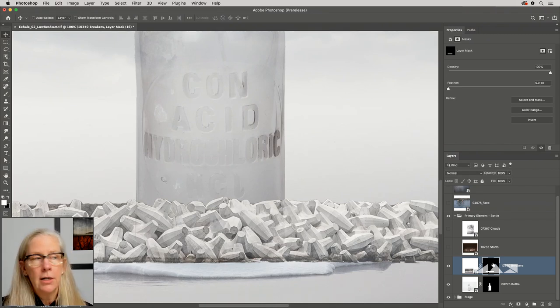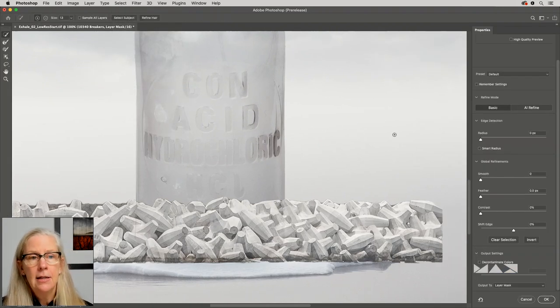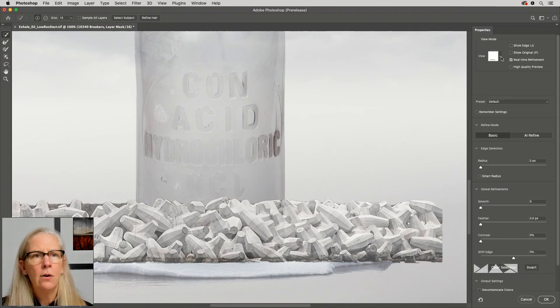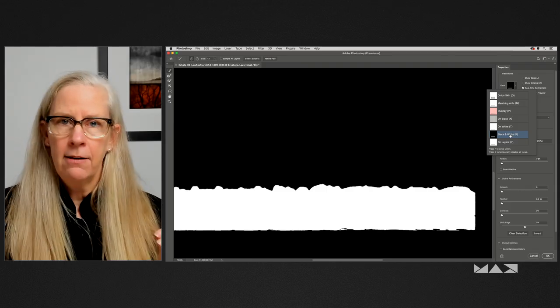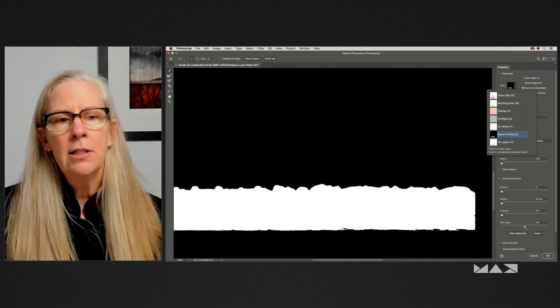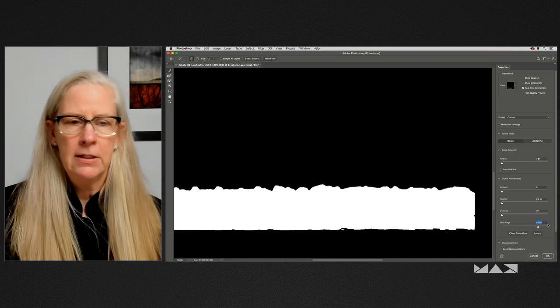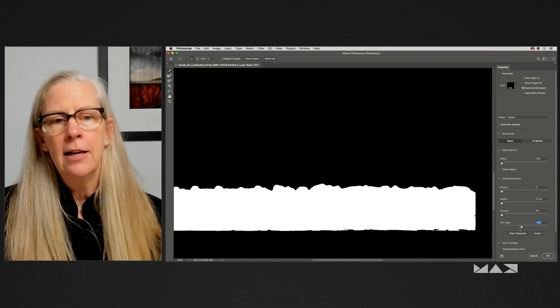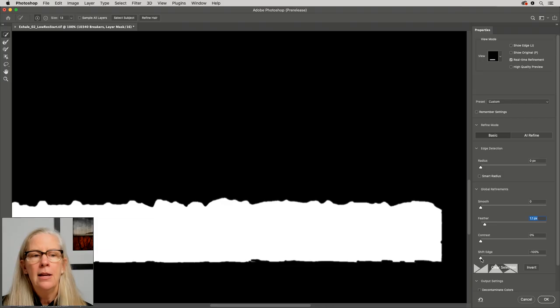So with the mask targeted on the layers panel, I can go to the select menu and choose select and mask. And we're going to concentrate on these global refinements here. So right now I have a hard edge mask, right? There aren't a lot of various levels of gray in there. It's pretty much just black and white. So this means when I shift the edge to choke the mask, if I move it to the left, or spread the mask if I move it to the right, it can't move very much. But if I increase the feather amount, now I can move this more widely.